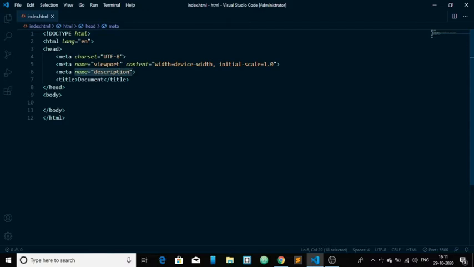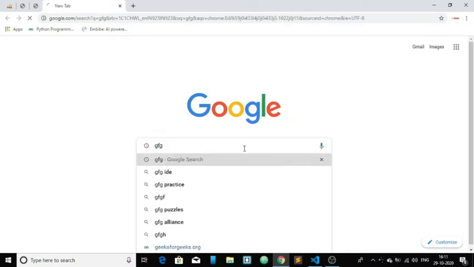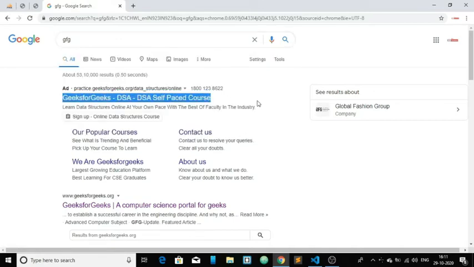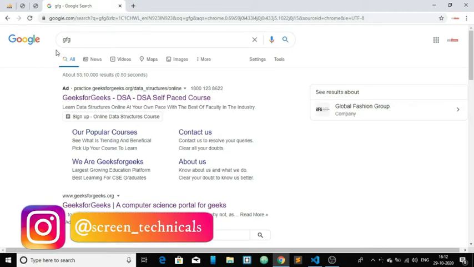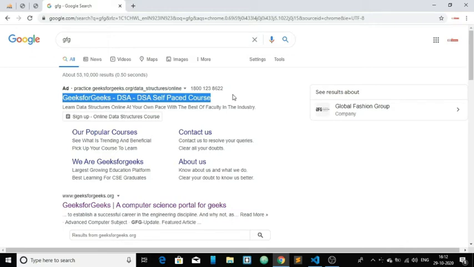When you go to a website, let me show you first. Open your browser and just type GFG, and as I am writing GFG, it is showing me GeeksforGeeks. Why? The simple reason is that they have given a keyword, GFG, which the browser, that is the Google server, identifies and shows the results to us. This keyword is defined by the GeeksforGeeks website, so when we write GFG, it shows us this result.